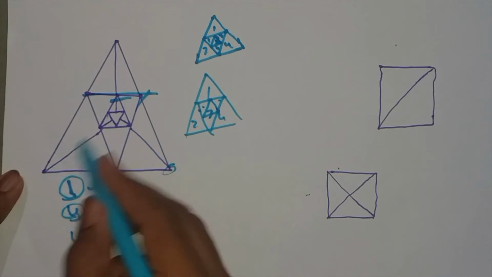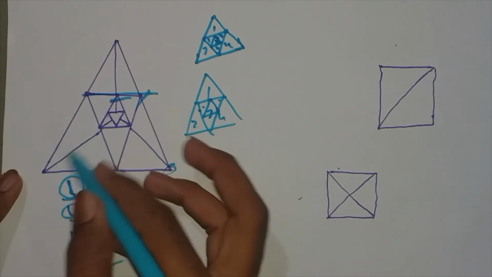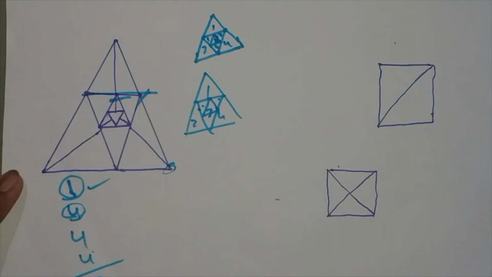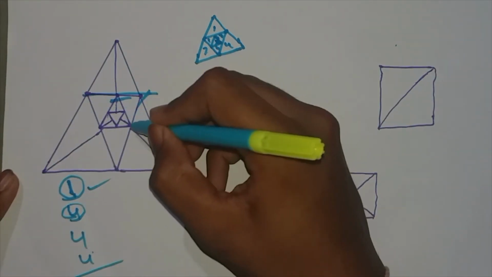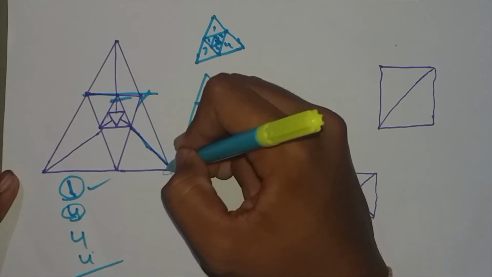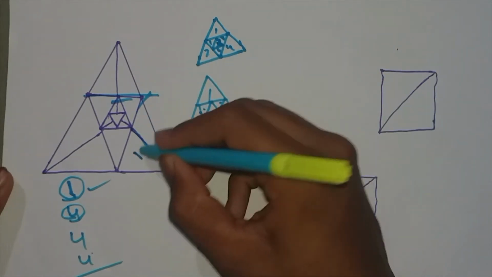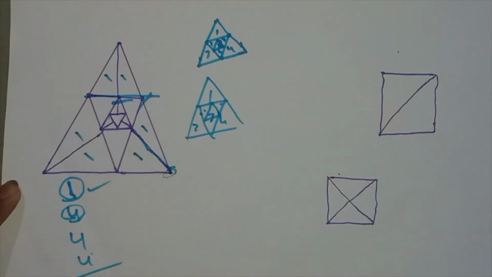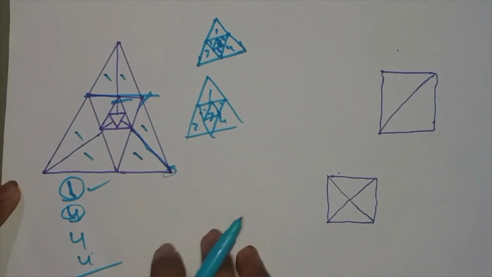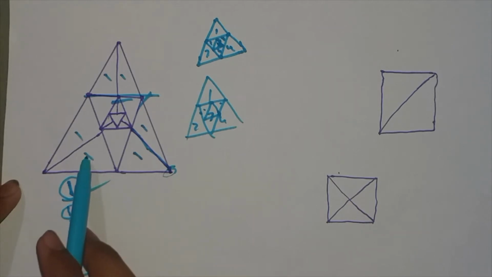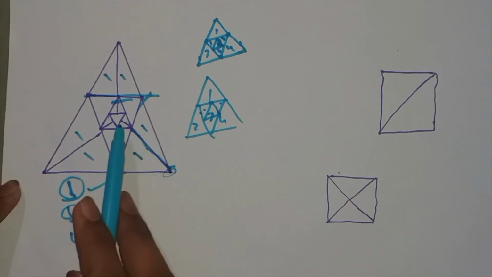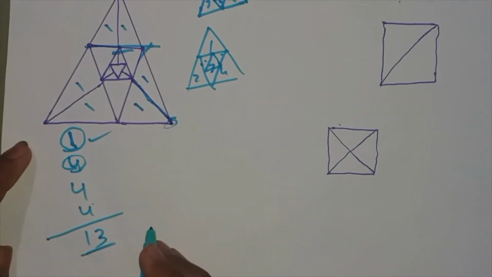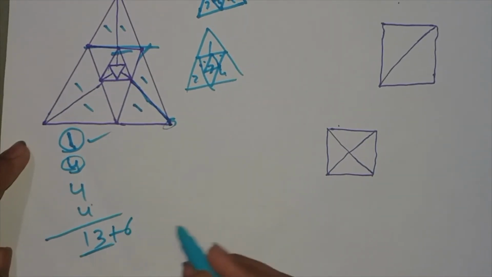So what about these intersecting lines, or these middle lines? That means they have made this bigger triangle into two halves. That means we have to add only the extra parts. This is one extra triangle, this is one, this is one, this is one, this is one, this is one. So how many triangles extra? We have 6 extra parts. So for this 13, add the extra parts.